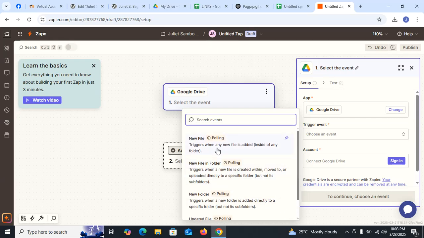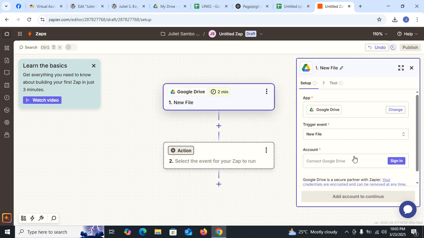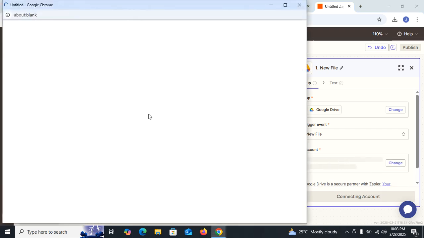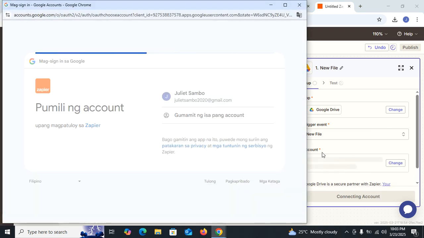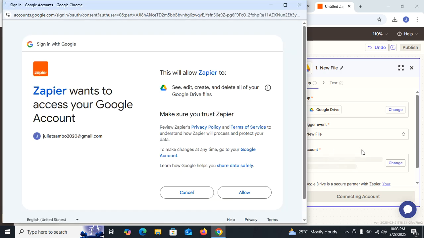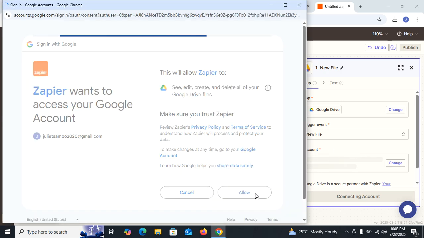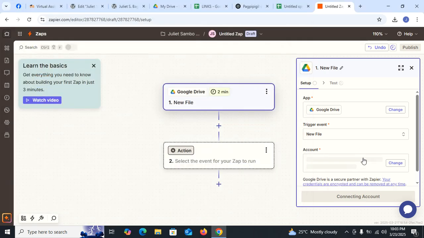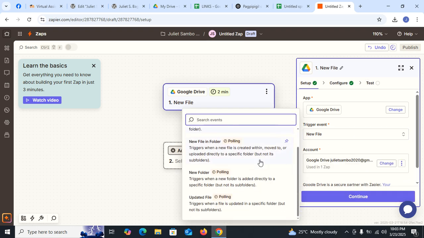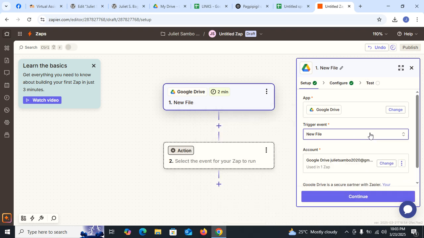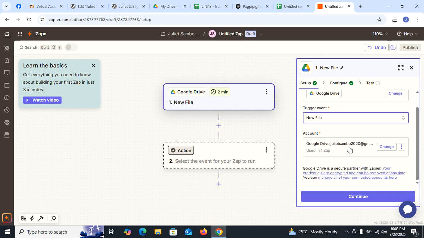Okay, new file, and then sign in to your account, your Google account. If you allow, so click continue.